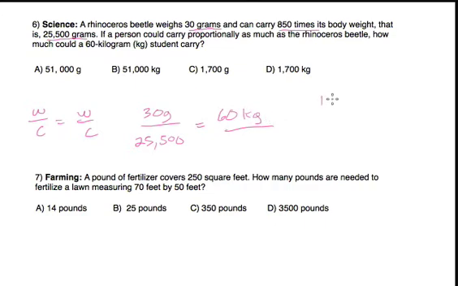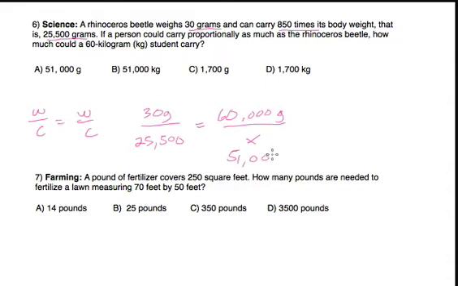Well, if 1 kilogram equals 1,000 grams, then 60 kilograms is 60,000 grams. And then you can just solve for x. How much can a human carry? So that's 60,000 times 25,500 divided by 30 grams. And that gives us,